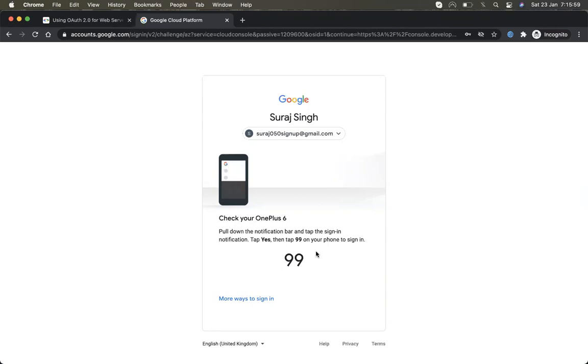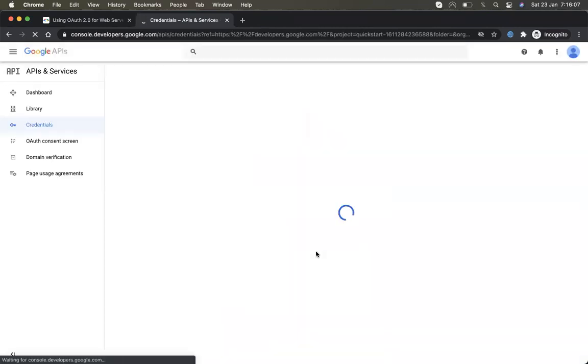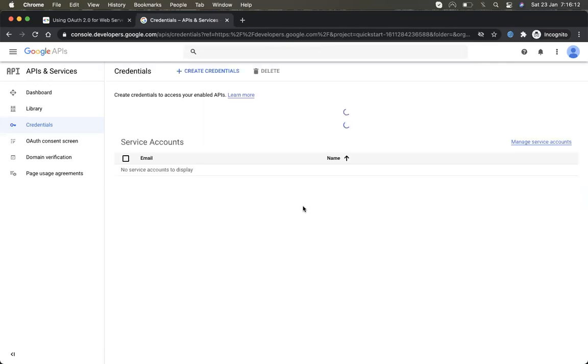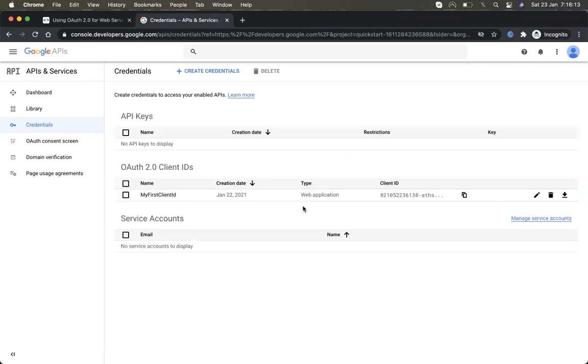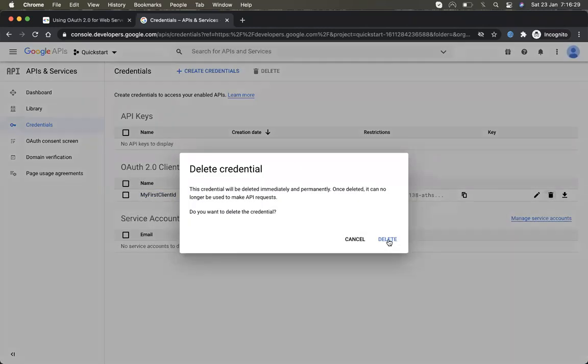It's already generated. Okay, last time I think we started and created this connected app. Let's delete it and create a new one.